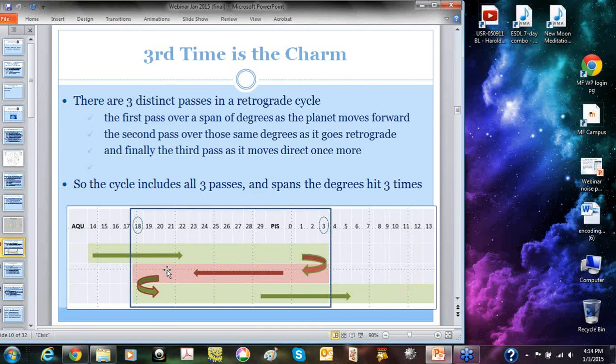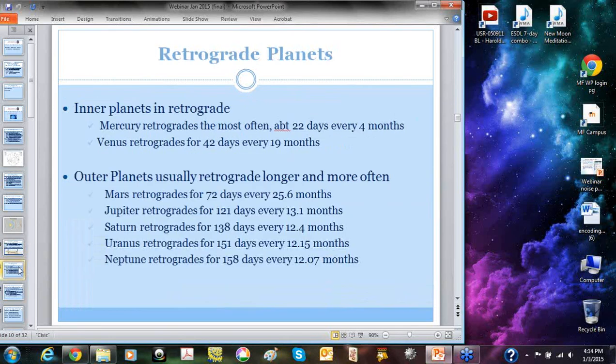In the case of a planet being retrograde in the natal chart, what does that mean? It means the person was born in the middle of the cycle, during this period here somewhere, when the planet was backing up and going over the same ground it had just passed. Mercury retrogrades the most often, and that's very important to us as he's the way that we communicate with others. So if we're born with Mercury retrograde, we'll carry that with us throughout our lifetime.